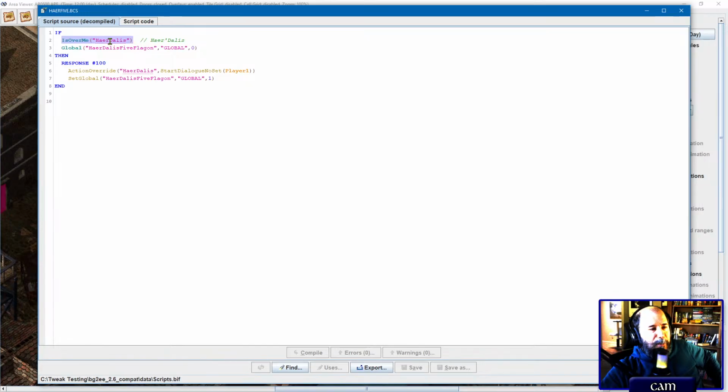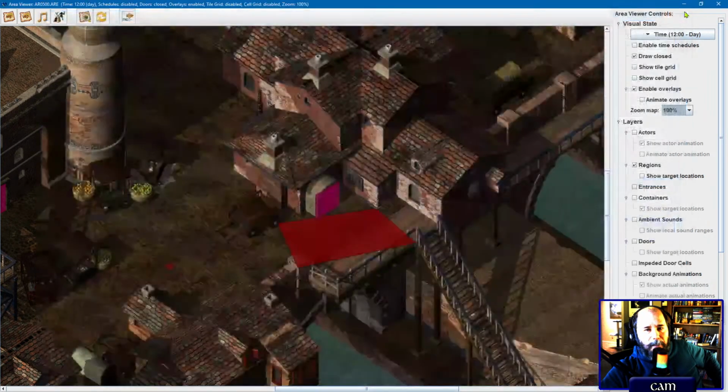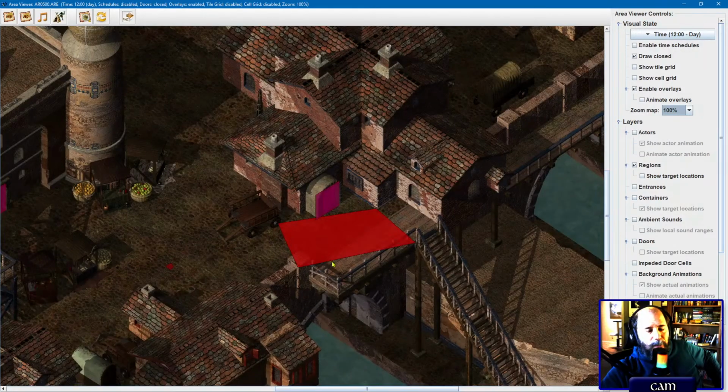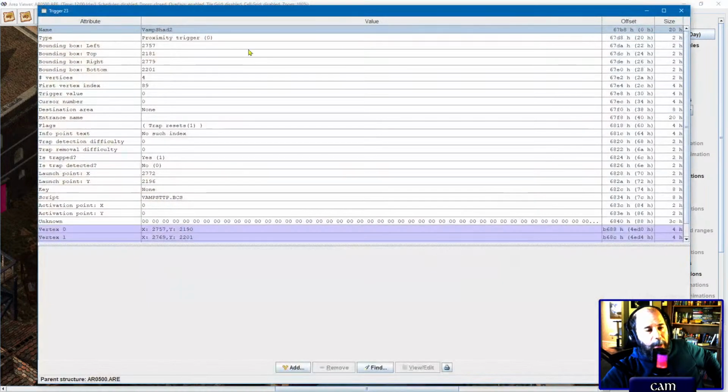So if Hair Delise specifically is over me, if I've not actually had this talk before, then I'm going to start a dialogue with player 1. So this is a good example of a trap being used as not a trap. And then this is one of those. Is this a rep trap? This is also a trap, but this is